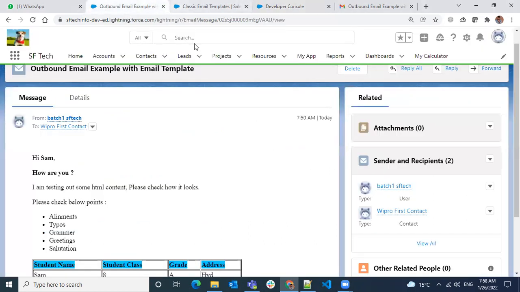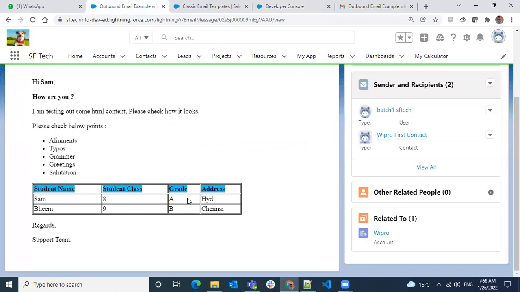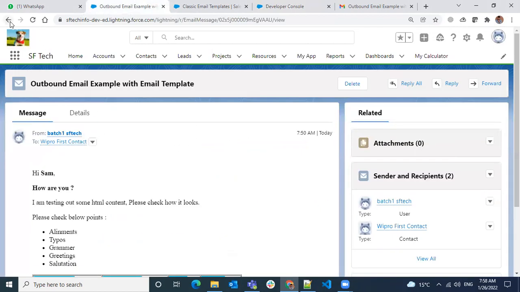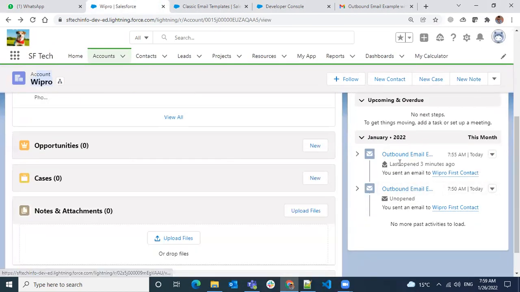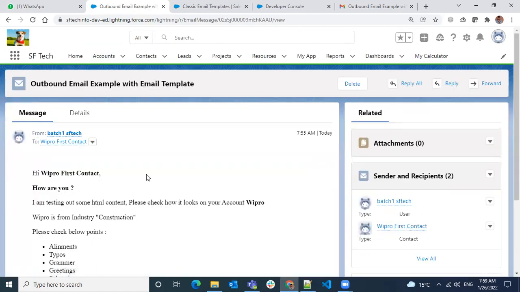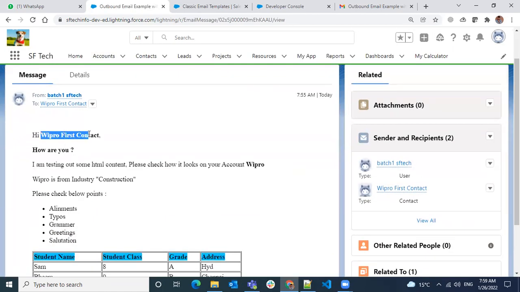And we have seen one example over here. This is on an account record. We have this email stored as an activity. So we have two emails sent. One is with merge fields, one is without merge fields. When I have merge fields, you can see the merge fields of the name, account name and